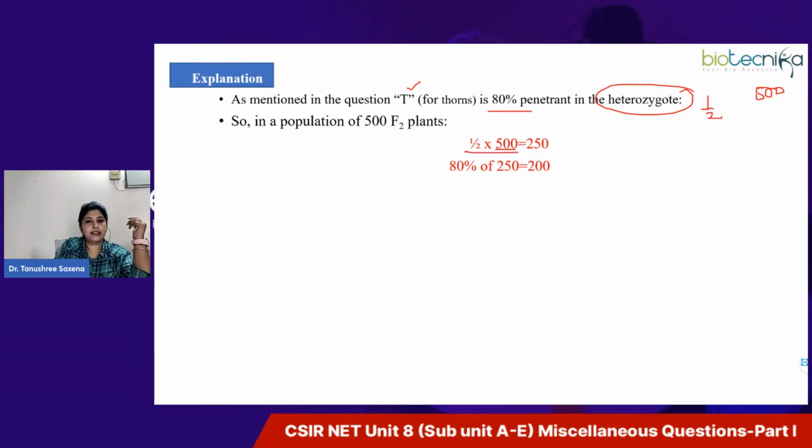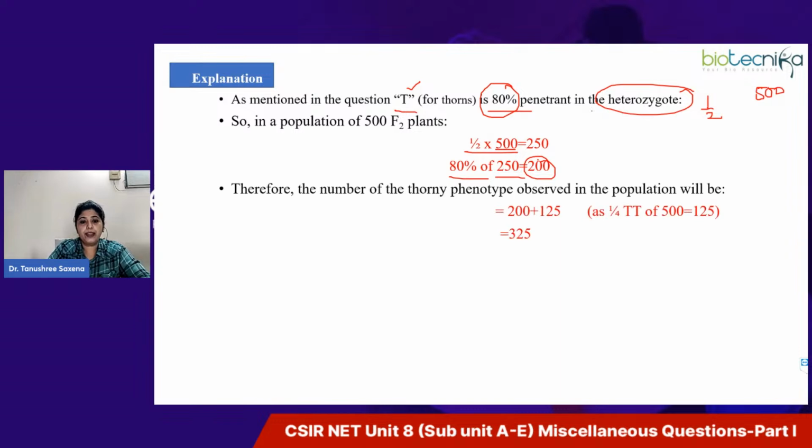Why are we doing it like this? Because in the monohybrid cross, the heterozygous progeny is only half, 2 out of 4, right? So 500 F2 plants are there, so half of 500, that is 250, will be heterozygous. Now, in these heterozygotes, only 80%, like this T is 80% penetrant. So 80% of 250 is how much? 200, right? So the thorny phenotype observed in the population will be, because here the dominant allele is present, right? So the dominant allele, that is for thorns, you will get when you have the dominant allele in homozygous or in heterozygous condition, right? So we have 200,